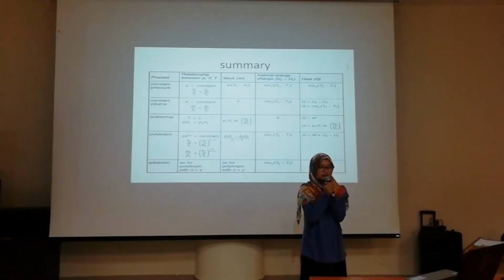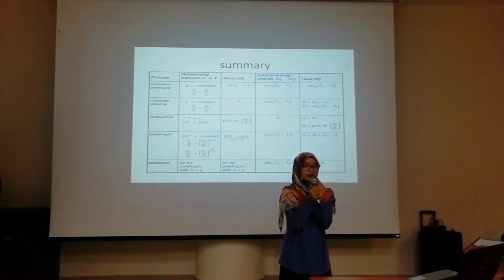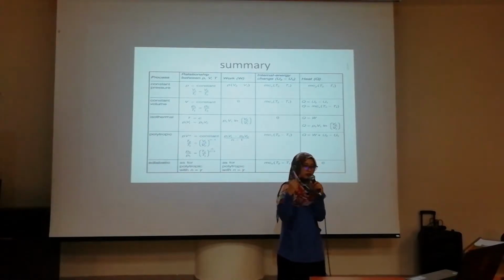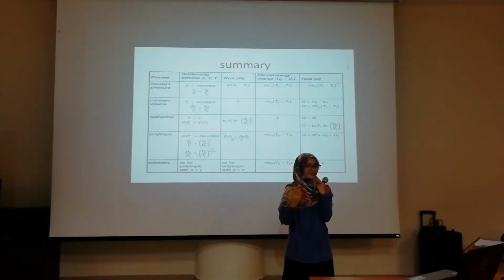For the internal energy change, the formula is mCv times T2 minus T1. For the heat Q, Q equals U2 minus U1. If we integrate